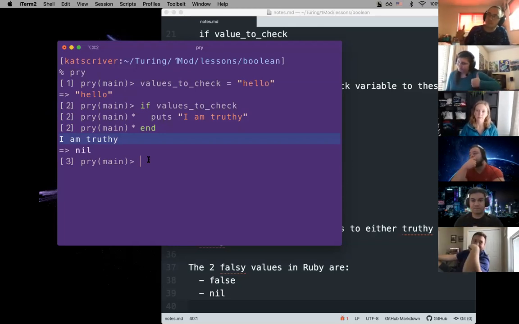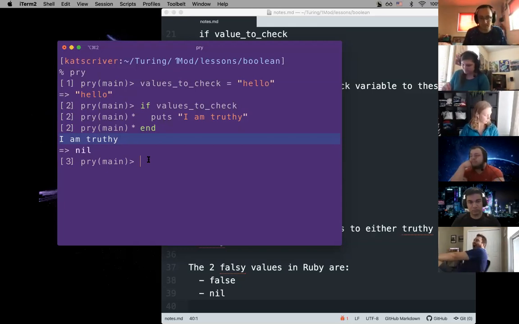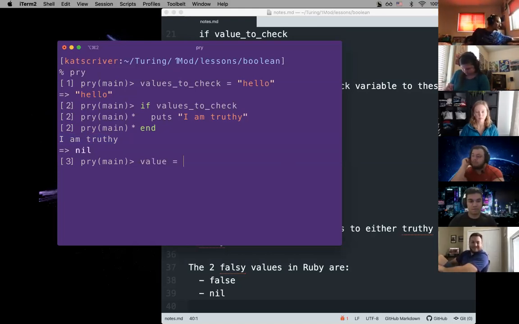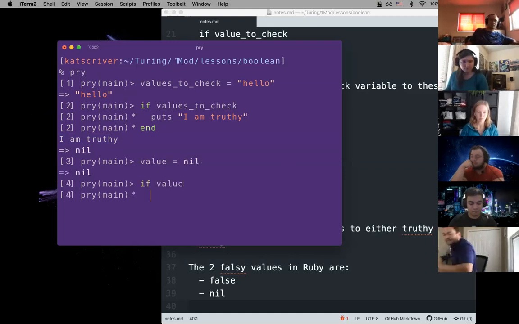Okay, right? This might seem basic, but if we want to understand this at a very foundational level so we can build on it in complexity. All right, let's look at another one. What if we change, oh goodness. Sorry, I messed up my other screen here. Oh, it's okay. I'm just going to change this to value so I don't have to type as much. So if we change this to nil, if value, puts I am truthy,